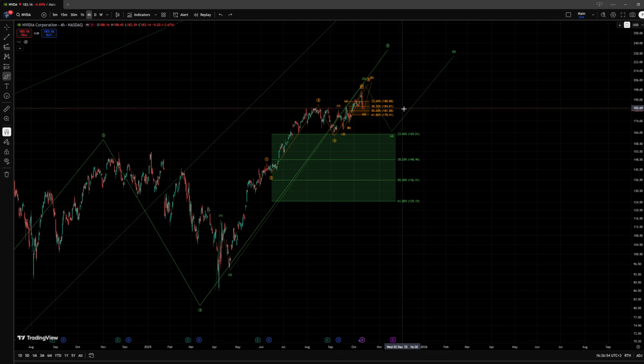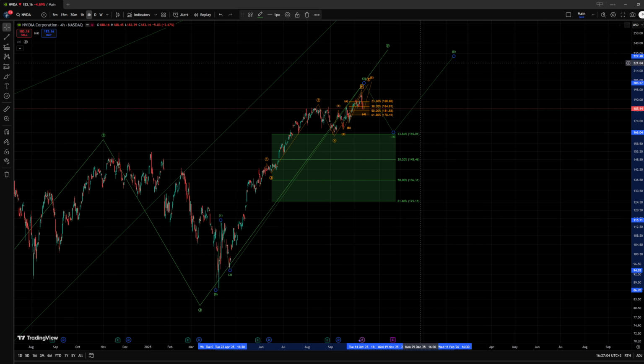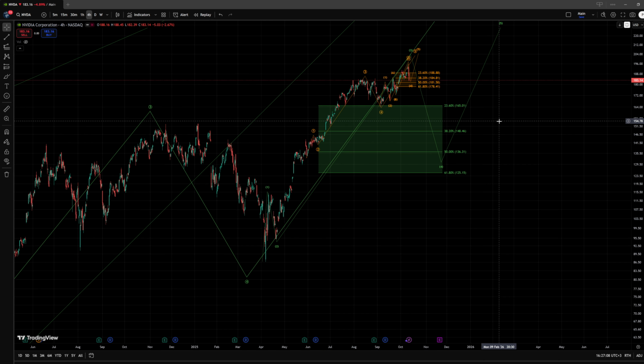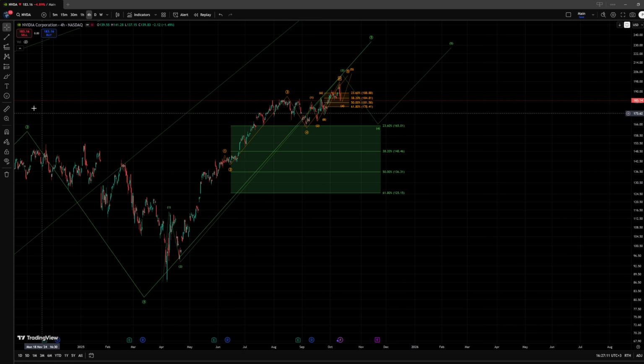Now, with that said, this fourth wave in green can get all the way down there. That is not an issue, but I would have an expected range of a time frame to do that within,